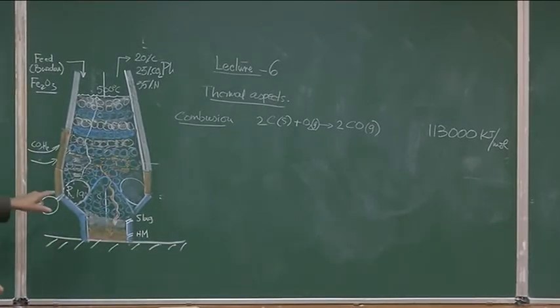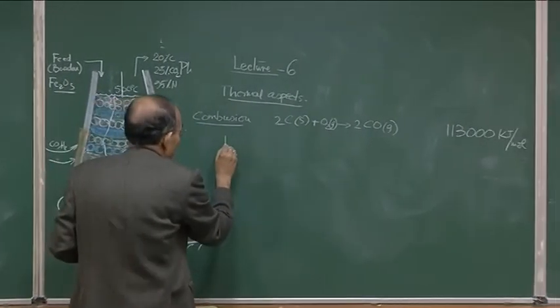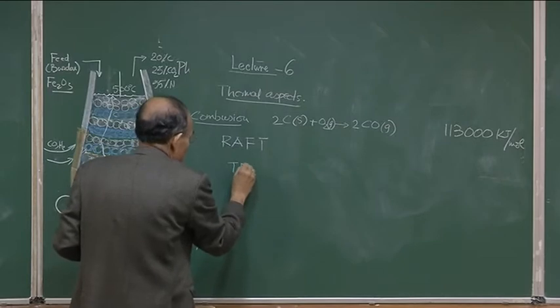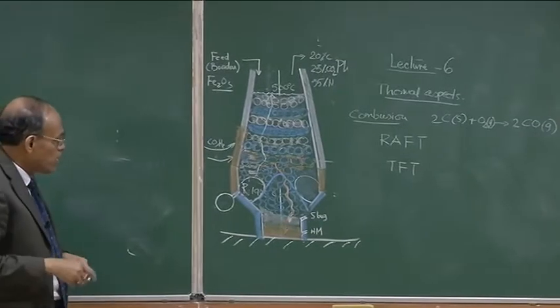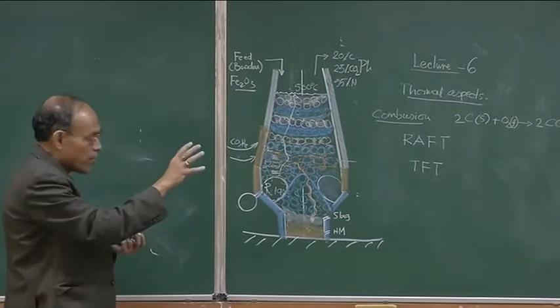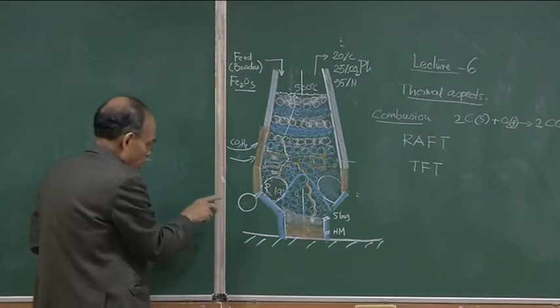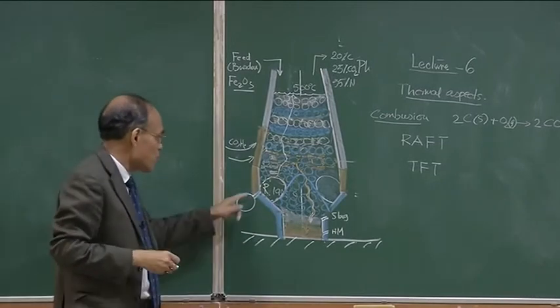Now, the carbon monoxide generated here, this combustion reaction produces temperature, and then we have a terminology called RAFT and TFT. The tuyere flame temperature is the flame temperature because the gas is being injected through the tuyeres, and this geometry takes place under steady state. The combustion rate is the rate at which oxygen is being consumed, and when the oxygen consumption and carbon dioxide entering into the raceway match together,